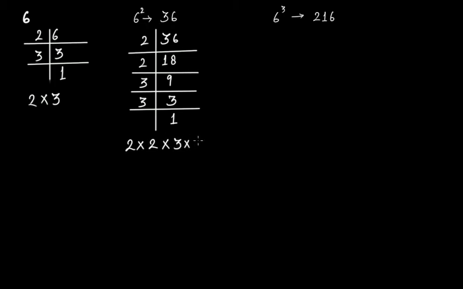Now if you are wondering why we are taking the square number here when our discussion is about the prime factorization of cube numbers, then I have to show some relation between these three. So if you find the prime factorization of 216, then it will be